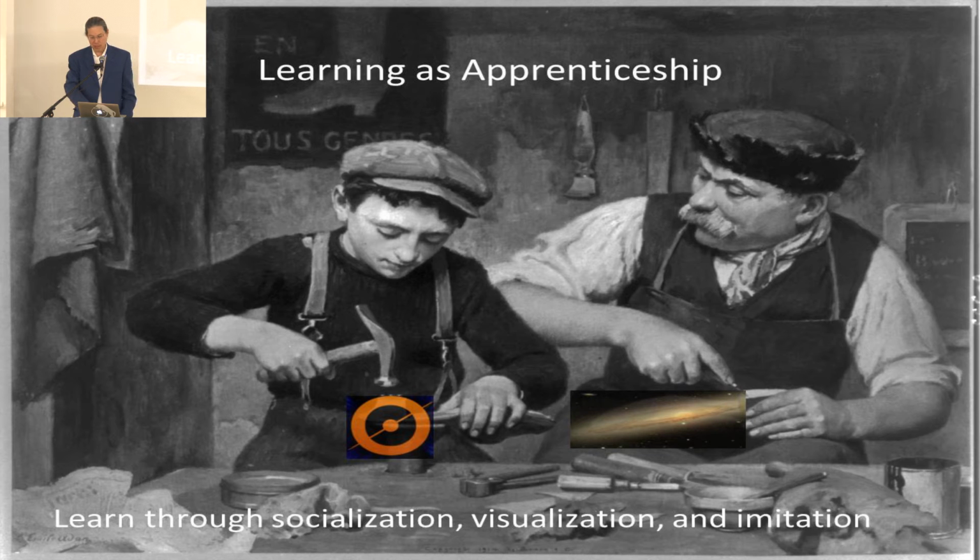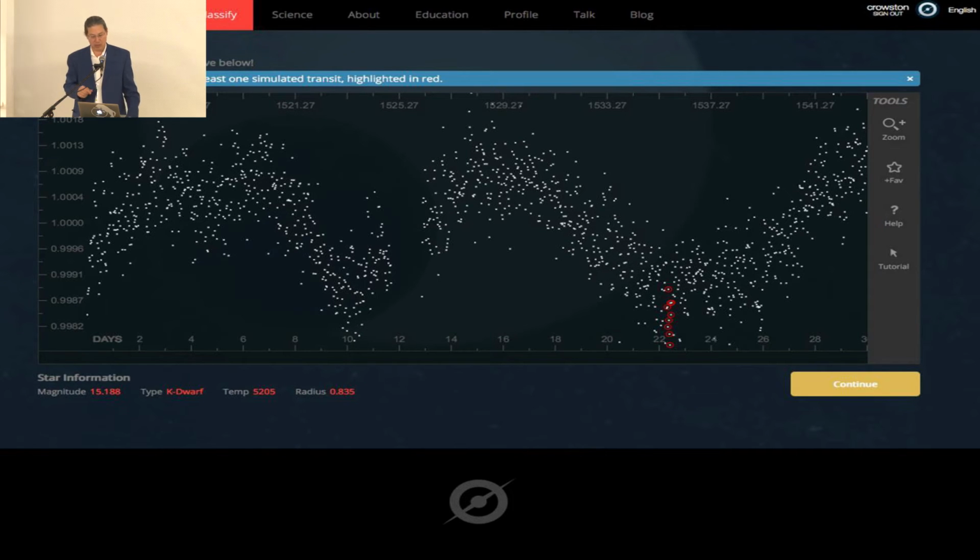And in fact, some of the projects do have something in that direction. For example, in Planet Hunters, and again, it may be too dim to be able to really see, there's actually an image. There was a simulated transit, so they actually put in an artificial transit that they knew was there, and then if you missed it when you were doing the classification, the system would actually point it out. It would say, hey, there was a transit there, here's what it looked like.